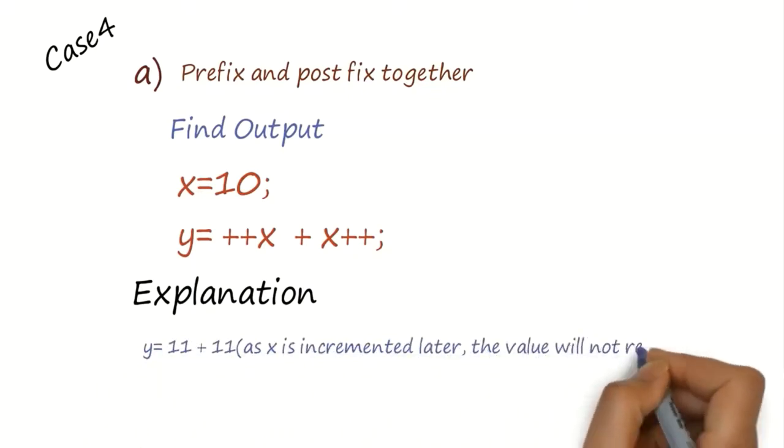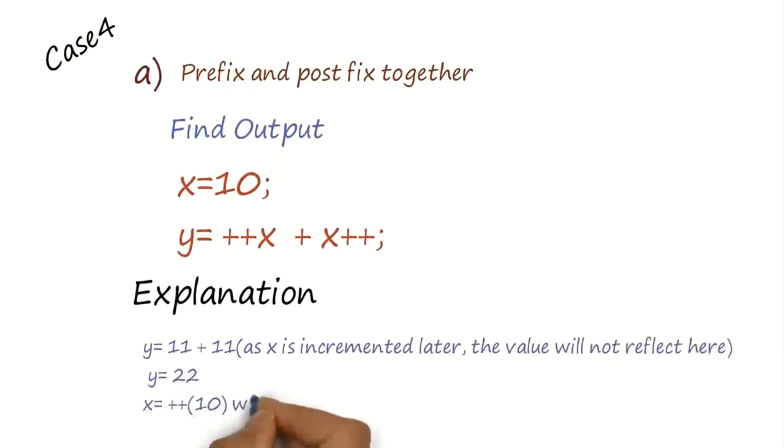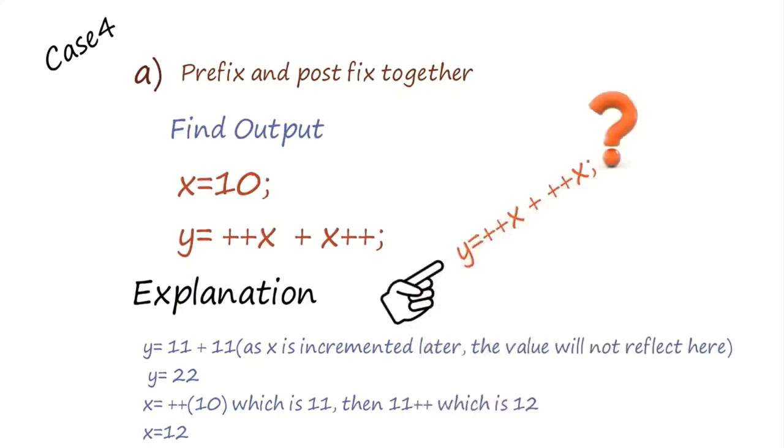So y will be equal to 11 plus 11, and if we are asked to print the value of x, it will be the last value of x, that is 11 is assigned and then incremented by 1, which makes it 12. So now identify the given case, that is this one, and let me know the answer in the